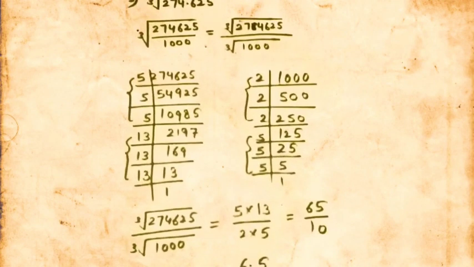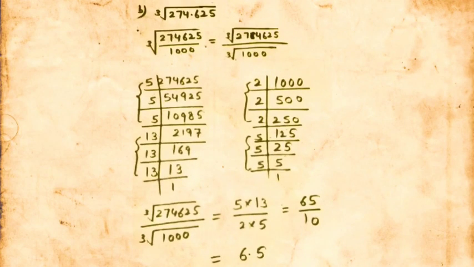Similarly, the next question is of the same kind, but it is given in the form of P upon Q. Find the cube root of 274.625. First of all we remove the decimal and convert it into P upon Q form. The cube root of P upon Q is the cube root of P over the cube root of Q. So we need the cube root of 274625 over the cube root of 1000.